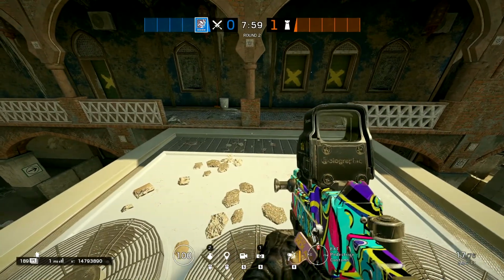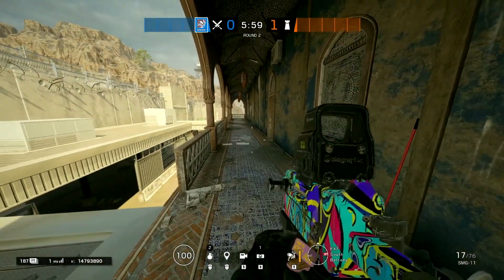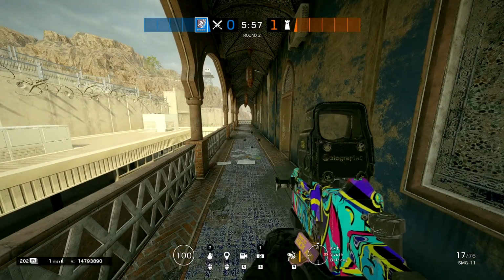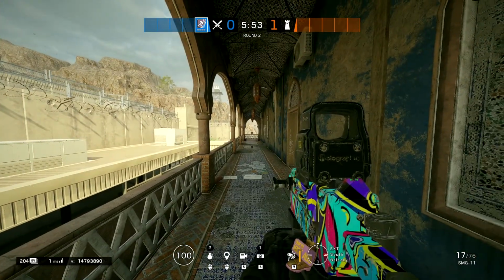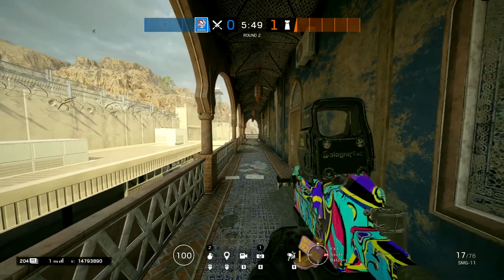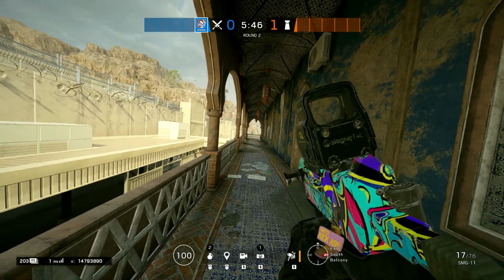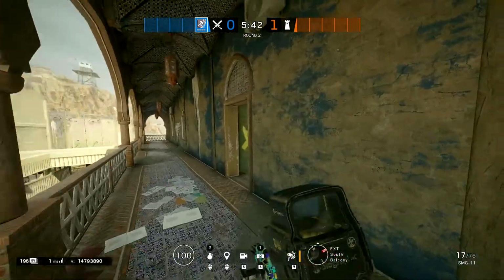And let's get started. Okay, so first things first. Leaning. Leaning is the single most important thing about peeking in Rainbow Six. So leaning is bound to your Q and E buttons. Q is for leaning left and E is for leaning right. And when you push something, you